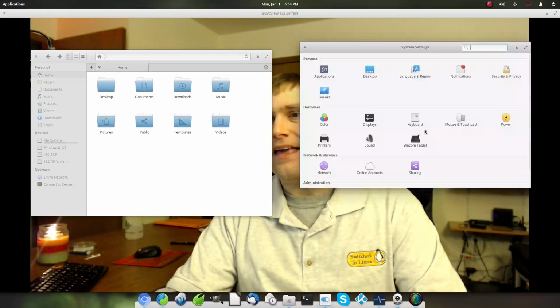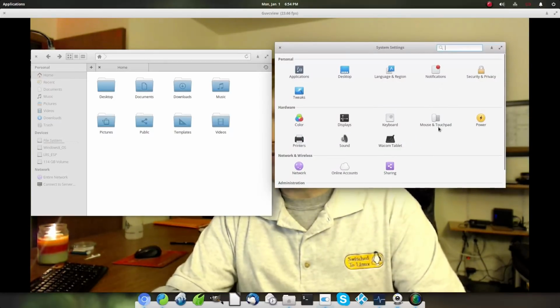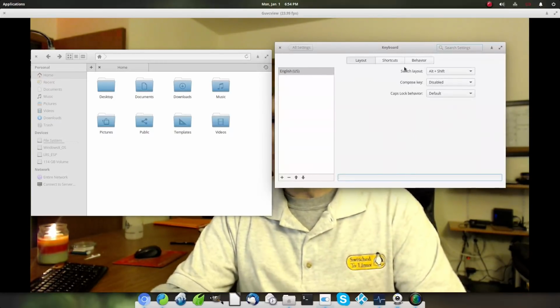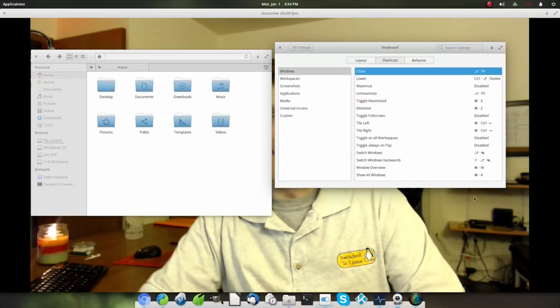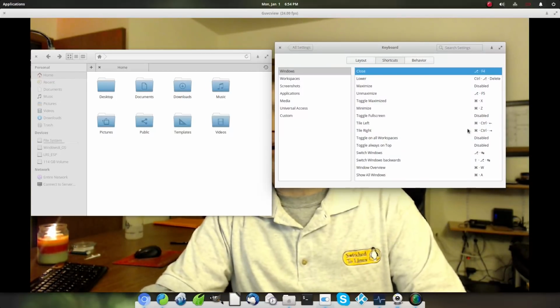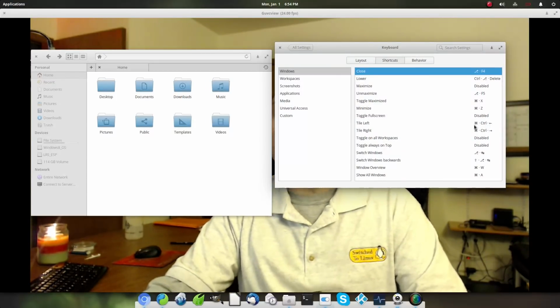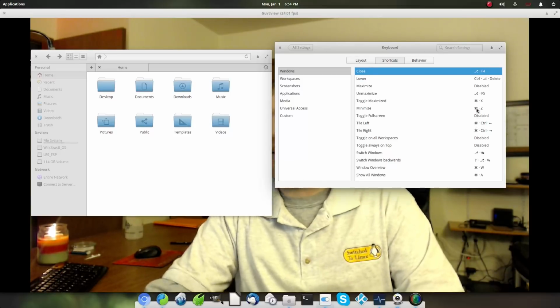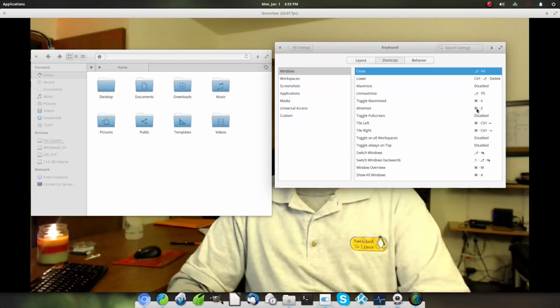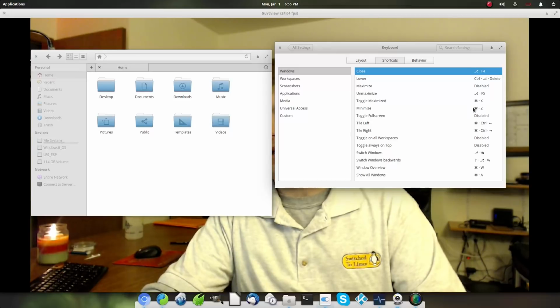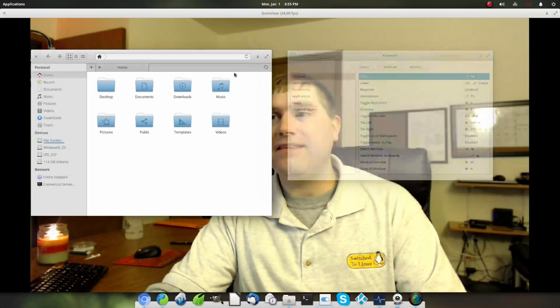Okay, and like, even the small details. Some people say there's a lot of great details about this. Even coming into the keyboard and look at the shortcuts. Yeah, look at this thing. This is the Mac OS control symbol, not the meta key symbol. Okay, I mean, I've only seen this symbol applicable to a Mac. So even buried deep within the system settings, everything deals with the Mac.